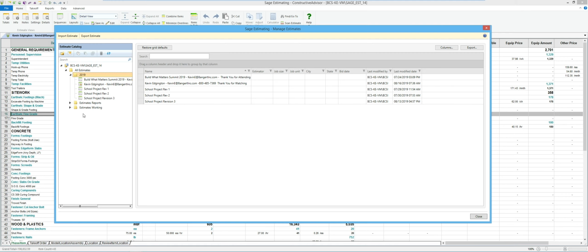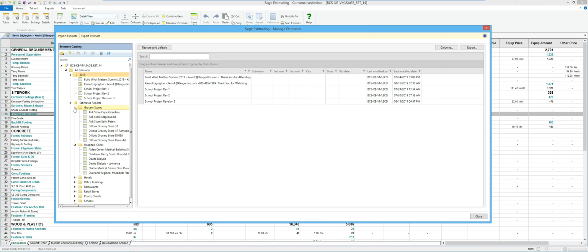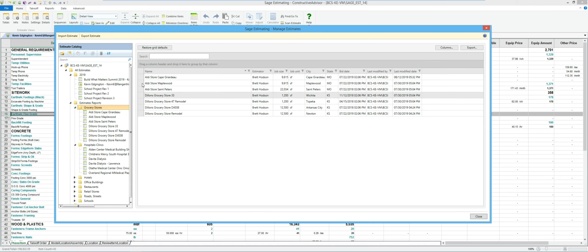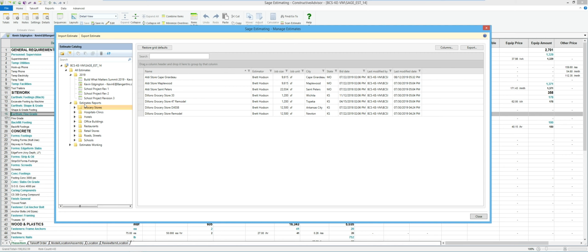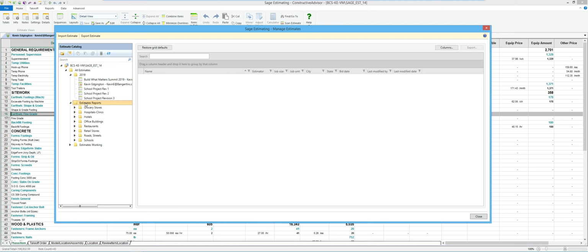Now, one thing that I've seen here that you've got to be a little bit careful with is look at these estimates that I've got here. Right now I've got a lot of different estimates broken off into different business sectors. So if I highlight a heading, bang, there's all my grocery stores. But one thing that I noticed that surprised me, that I didn't get what I expected, was if I click on the heading here, I don't get anything. So one thing to be careful with when you're playing around with it is if you've got more than one branch below it, it does not automatically put it into this list and so forth.